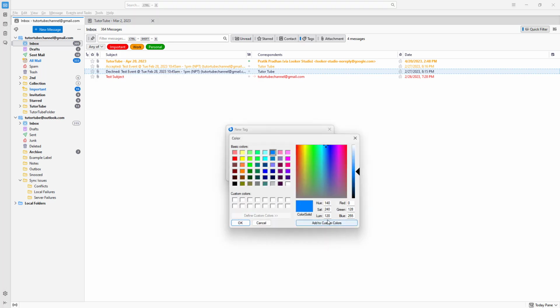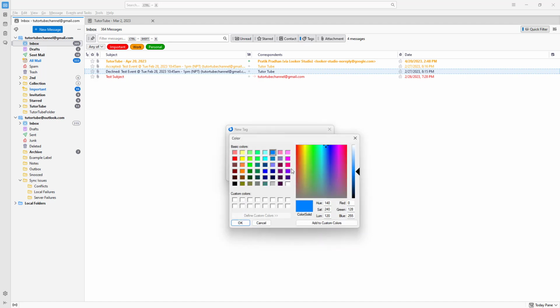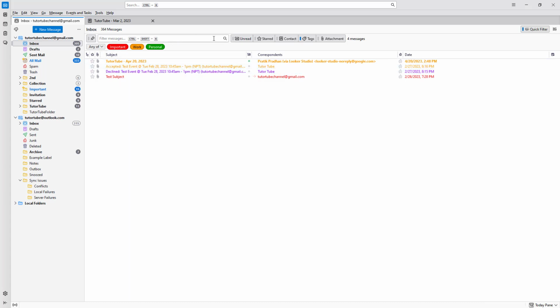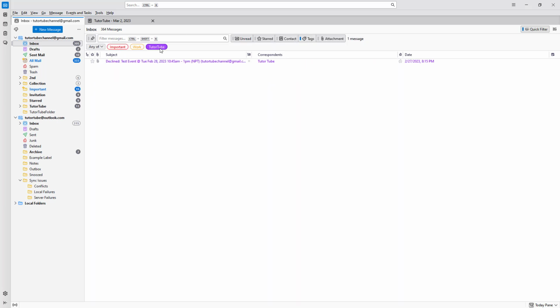Let's say, for example, if I were to go around over here, I can simply give a tag name as, let's say, for example, TutorTube right here. So let's just choose a purple for this particular tag and press OK. And I can right click, and then you can see that TutorTube is another tag right here. So let's just go around over here on to tag, and you can see the TutorTube tag is here as